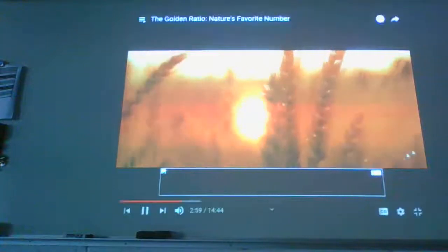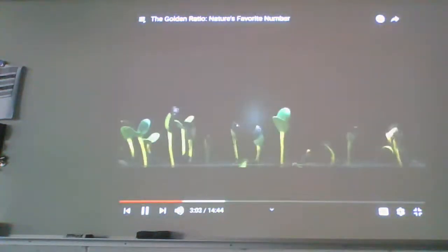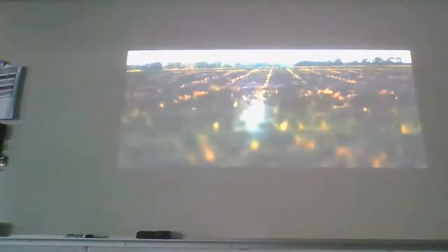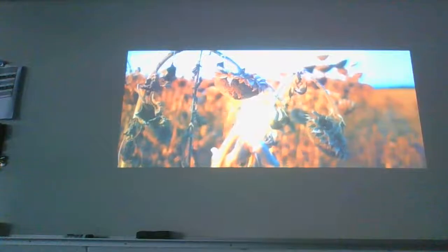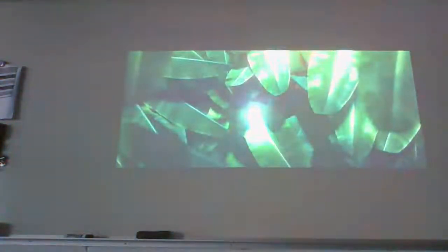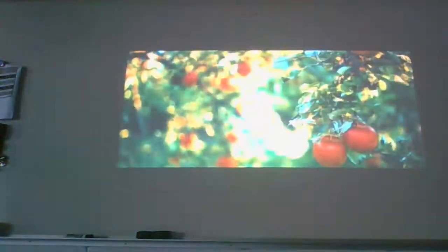The idea is to arrange seeds in a way that can maximize the sunlight and rain that they receive, so that the genetic material can successfully be passed on to the next generation. If you don't do this efficiently, evolution won't be very kind to you. If you pack in the seeds too tightly, all the seeds won't get the nutrients they need. If you pack them too sparsely, you're just wasting space. This happens with not only sunflower seeds, but in plant leaves, tree branches, and even more. In fact, it goes even deeper.